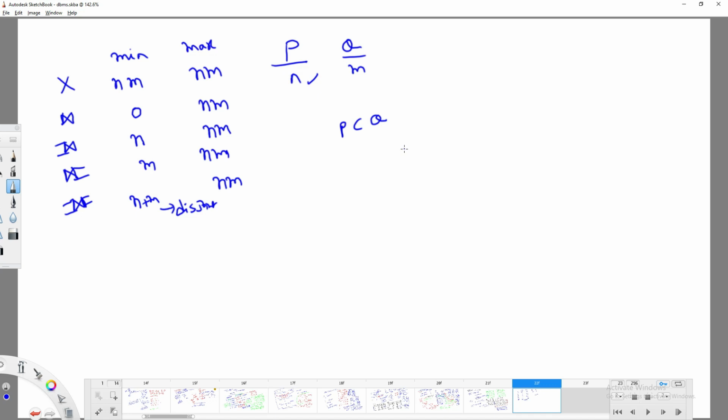One is P is a subset of Q, or Q is a subset of P, or P is disjoint of Q. There is another case, right?